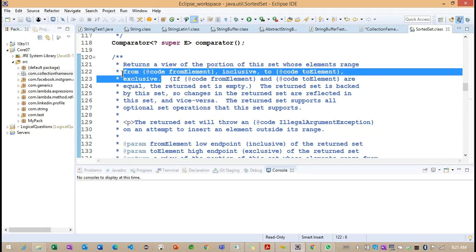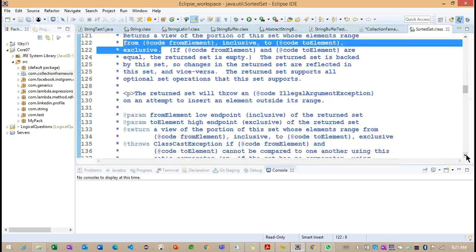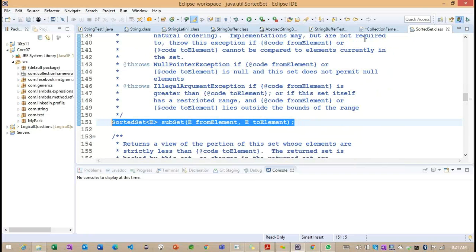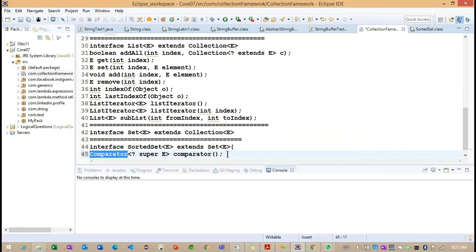Based on the from element and to element, between them we have some elements, and based on those elements it will return one more set object. This is the purpose of this subset.